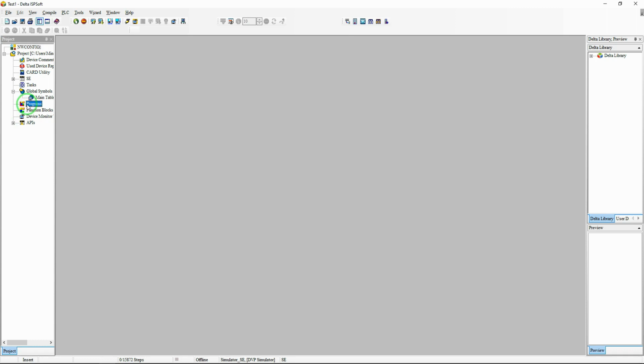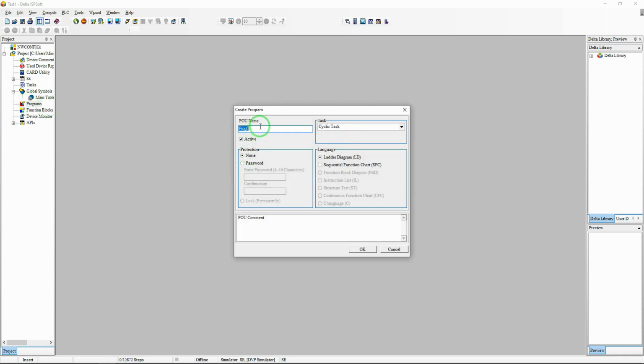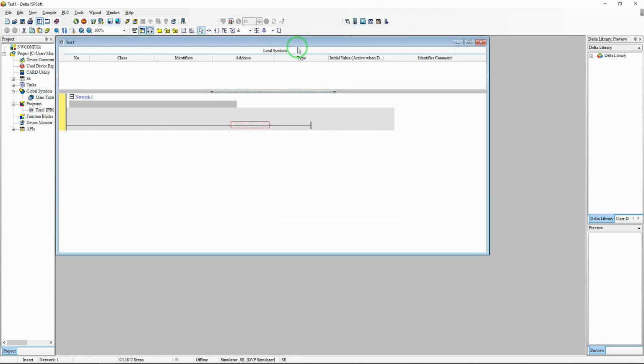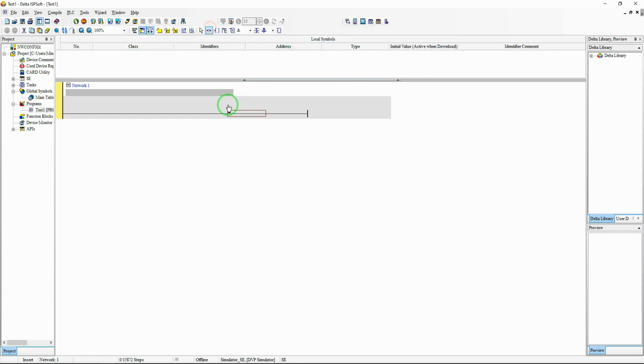Let's start with the new project on PLC, new program, any name. I'm going to use ladder diagram, and now I'm going to show you how to use start and stop buttons, but at first I will give you the example I never use. Example, let's call it push button start 1,